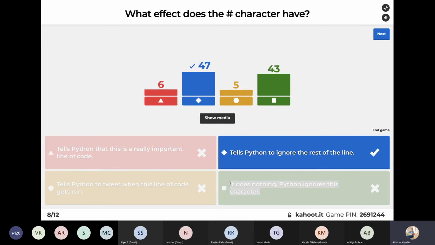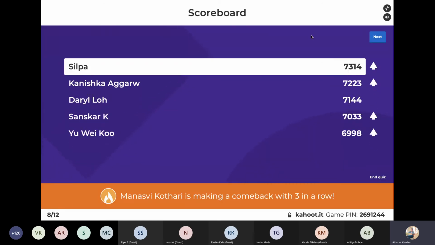Well, it doesn't do anything. I know it was confusing, but actually it ignores the line. I told it in the beginning of the session, but no worries.